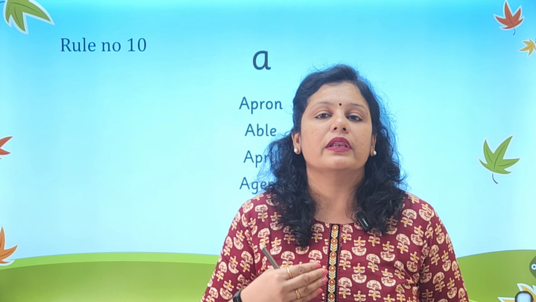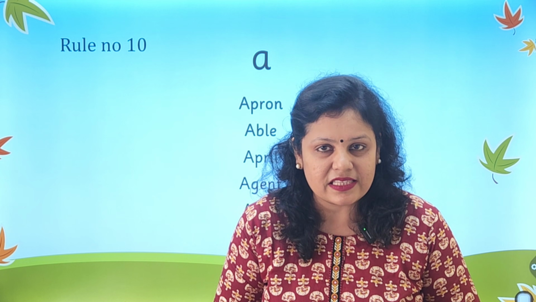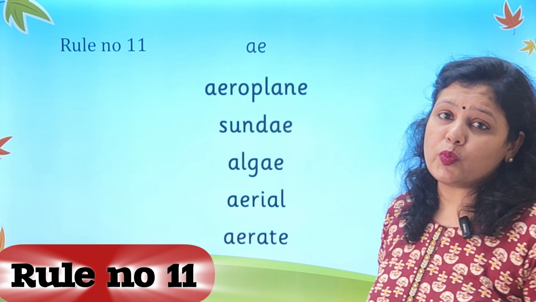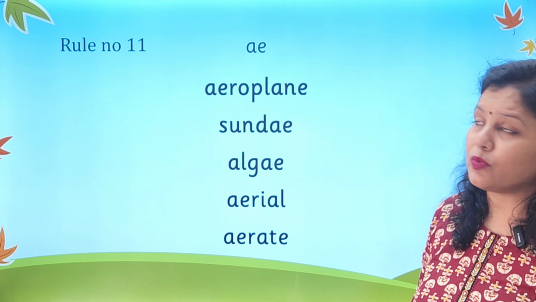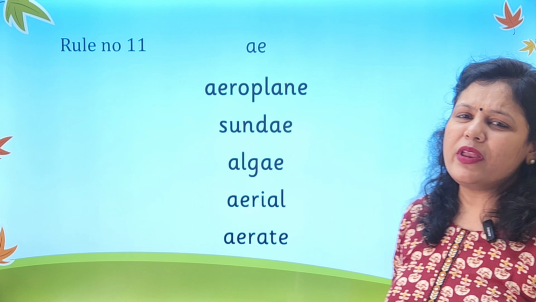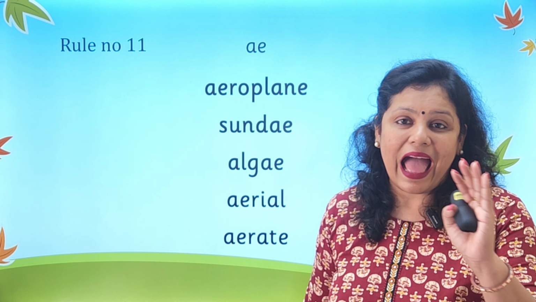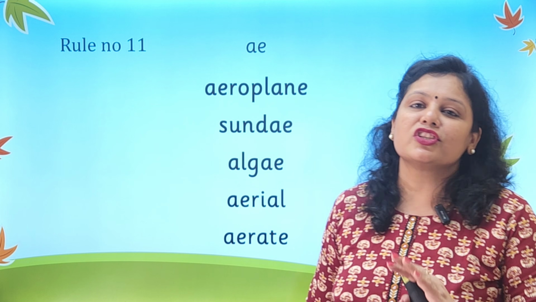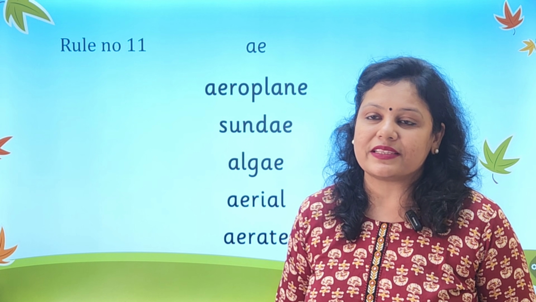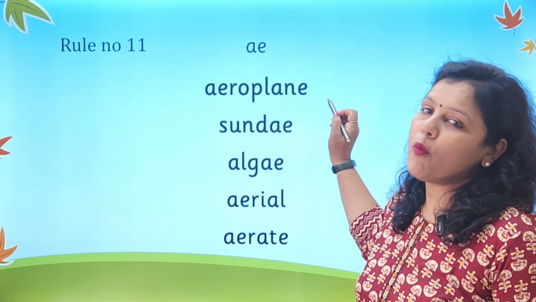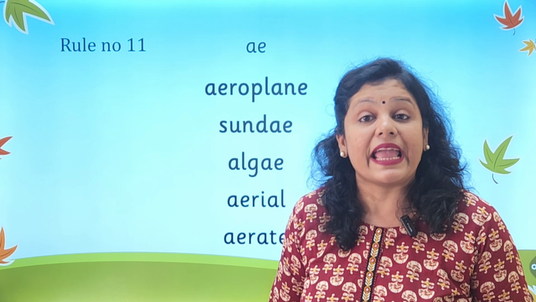So that is how they will learn these tricky words in the sentences and in their everyday spoken English. I have the 11th one, which is AE giving you the A sound, as in aeroplane. Now in many of the books I've seen it is taught as a part of aeroplane. Now this is not aeroplane. First of all, try to understand that this is aeroplane. It is not aeroplane, it is aeroplane.